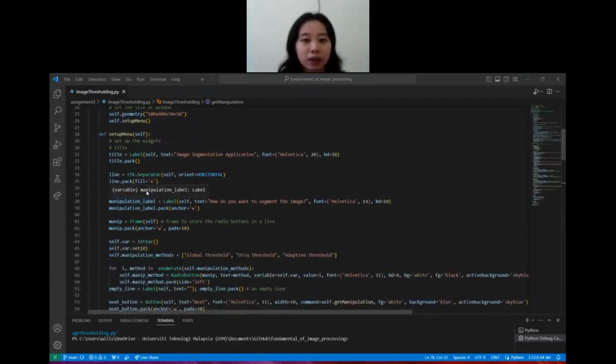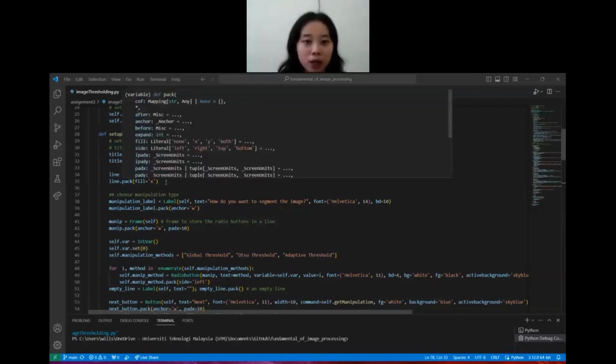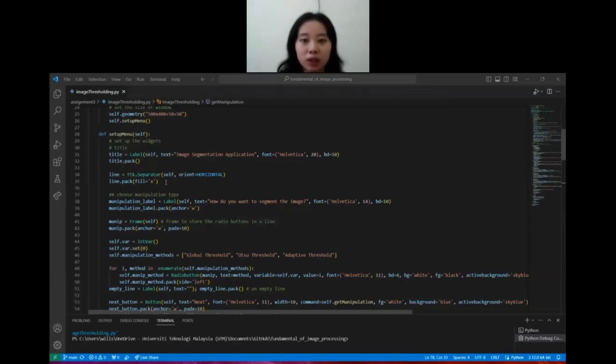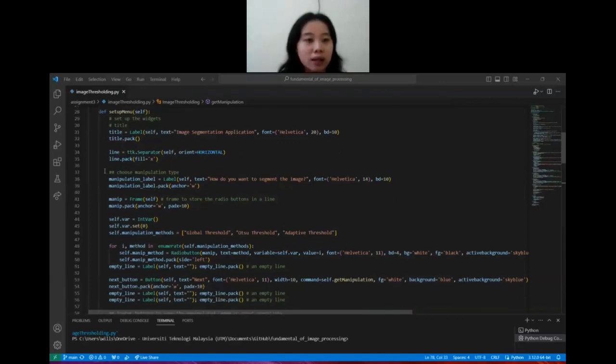Setup menu method sets up various widgets such as labels, buttons, and radio buttons for user interaction. In setup menu method, line 31 and 32 creates a label in the body of the window. Then line 34 and 35 is to add a horizontal separator line. Line 38 until 51 is to create the radio button question field to ask the user to choose a segmentation